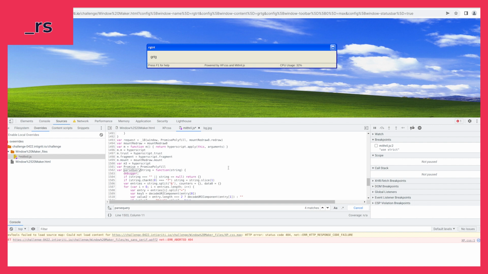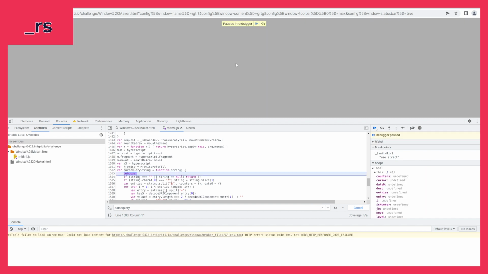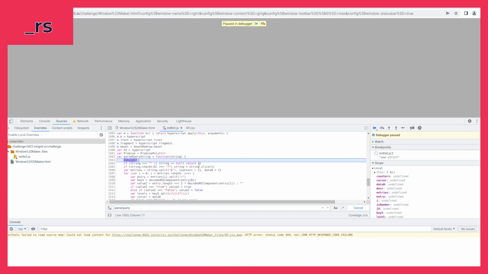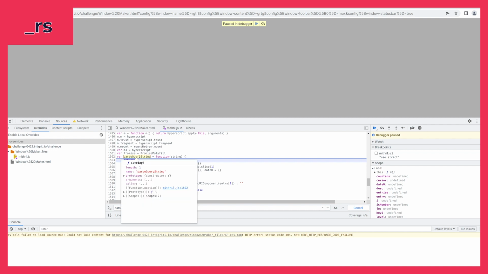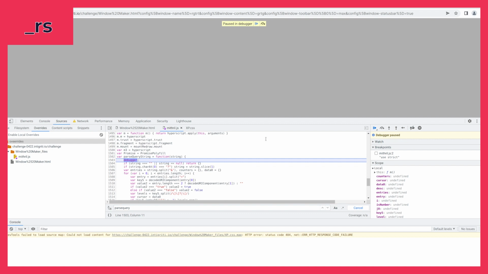Save the file, right? And now we hit the debugger, right? We hit the debugger here, but we're inside the mithril.js file. We don't really want this. So what we can do here is just use this button here, step out of the current function. So step out of parse query string, and hopefully we'll go back to,